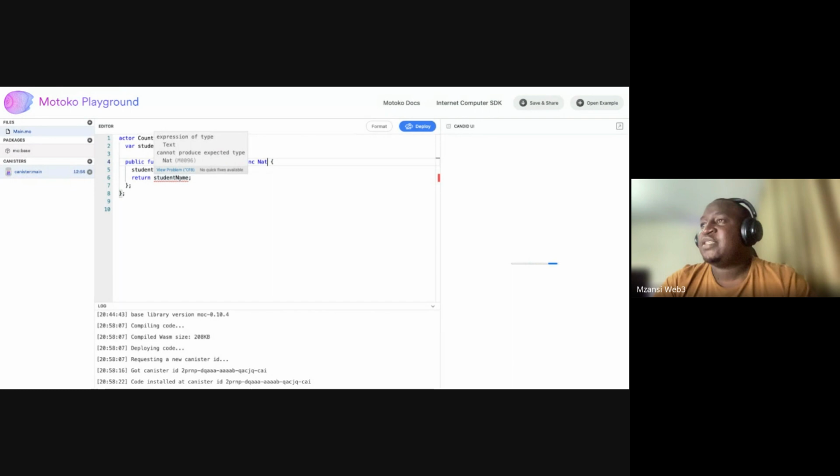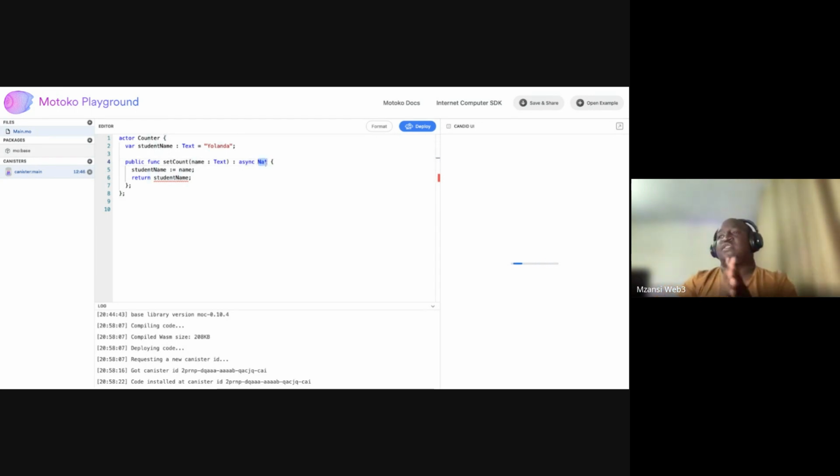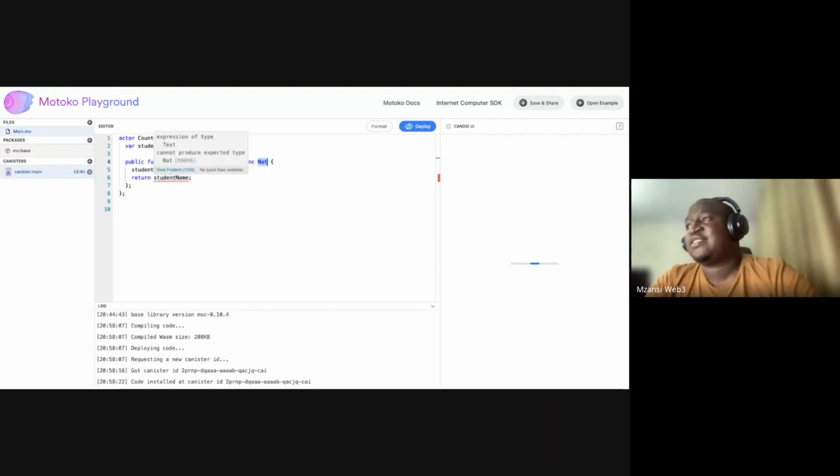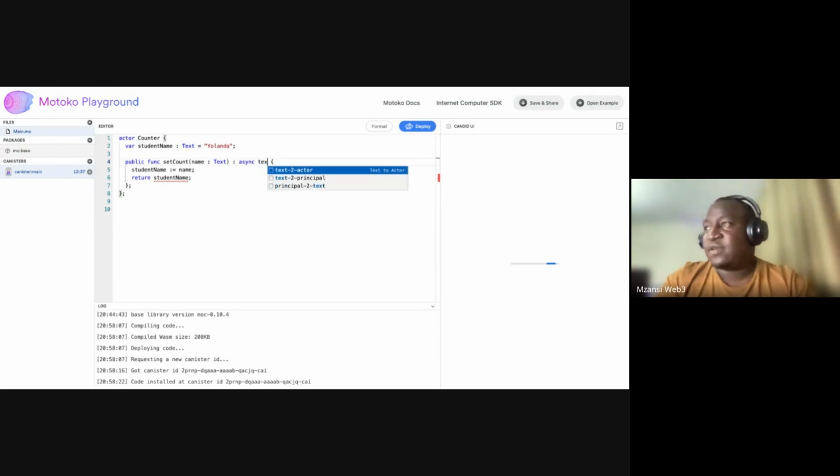Right. So our return type will say an expression of type text cannot produce expected type of nut. So here on this function, we are expecting to get a return type of nut, but here we are returning a text. So that is the reason why we have this error. But if you just then say again,